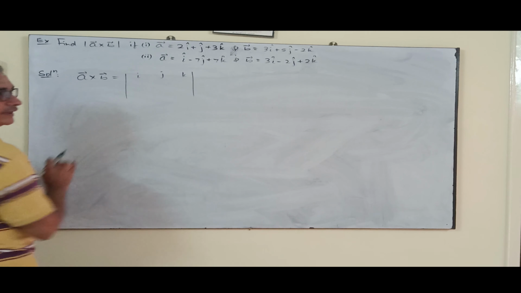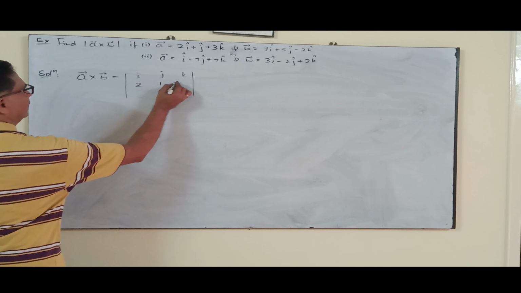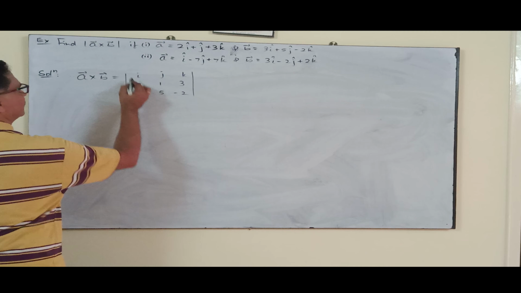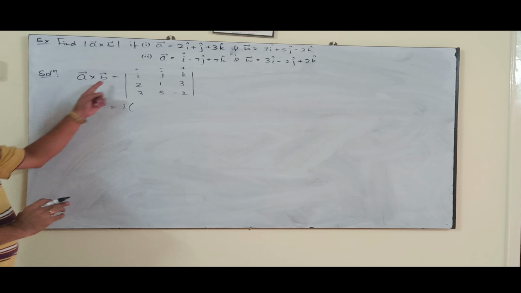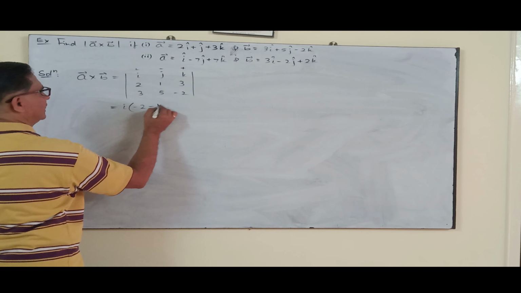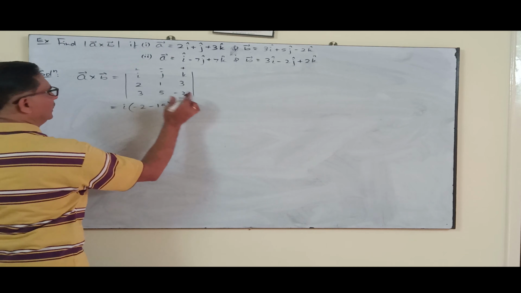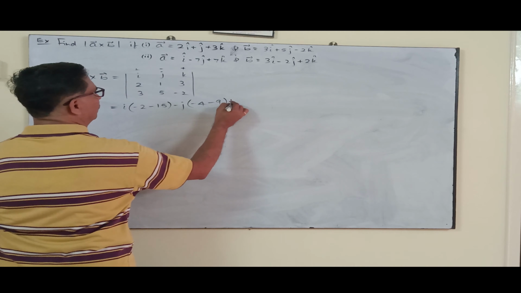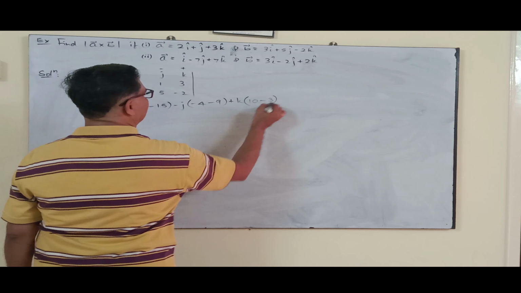Determinant, i j k in the first row. Second row, coefficients of i j k of vector A: 2, 1, 3. Third row, coefficients of vector B: 3, 5, minus 2. Expand that determinant. That is equal to i into, deleting first row, first column, 1 into minus 2, minus 2, minus 5 3s are 15. Minus j into, deleting first row, second column, 2 into minus 2, minus 4, difference minus 3 3s are 9. Plus k into, deleting first row, third column, 2 5s are 10, minus 3,